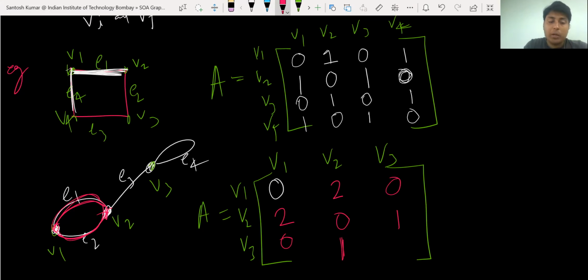V3 and V3. Now look, you have one loop, okay, and that's why, how many edges do you have between V3 and V3? So you have one edge. Okay, so it is one edge. So one thing you can consider here,